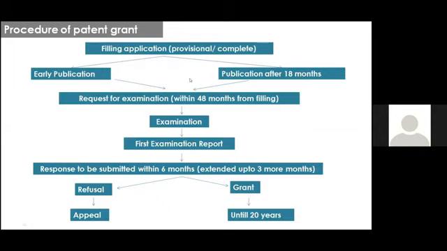Here I have made a chart. The first step is to file an application, either provisional or complete. If you have made a provisional application, you need to complete the application within 12 months. You can make an early publication, or you can make the publication after 18 months of filing the application. Within 48 months from filing, you have to request for the